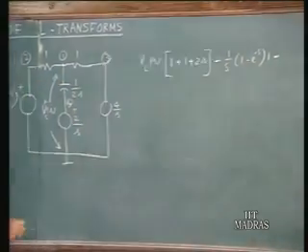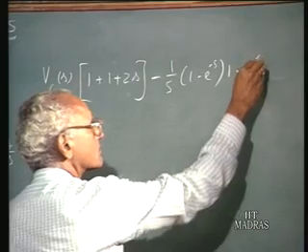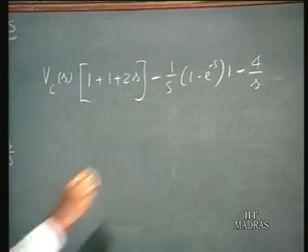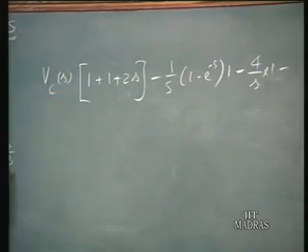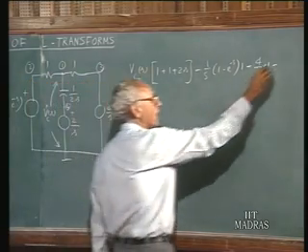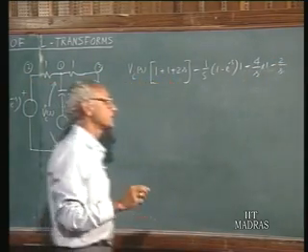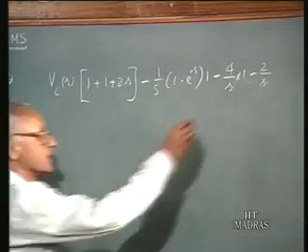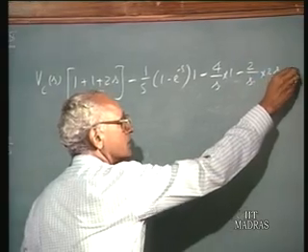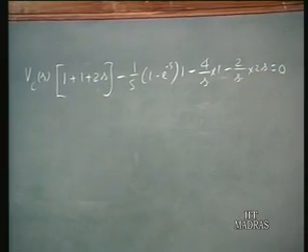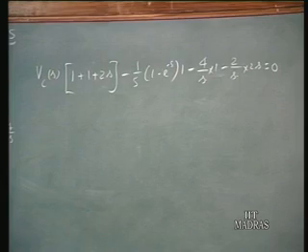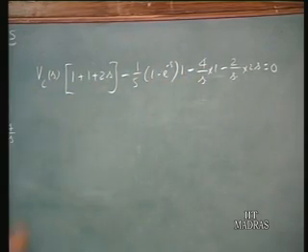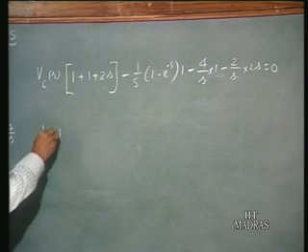minus node 3 has a voltage 4/s, and the admittance of the element connecting nodes 1 and 3 is 1, times 1, minus node 4 has a Laplace transformed voltage 2/s, and the admittance between 1 and 4 is 2s, generalized admittance, equals 0. All the terms here are known except Vc(s), so if you transfer these quantities to the other side and find an expression for Vc(s), it turns out to be